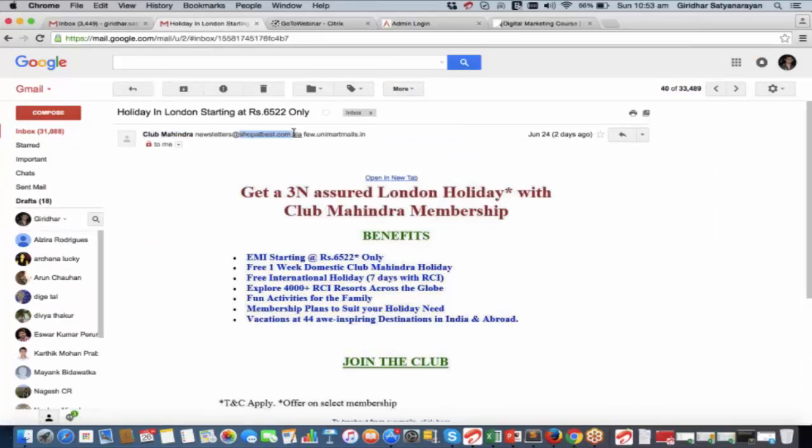So shop at best.com is the main domain, but the email was sent from this other domain. So basically, you're authorizing or giving the power to this particular domain to send emails on your behalf. Okay, and that is where your Sender Policy Framework comes in, and that is the reason I've just sent you a link as to what it is.